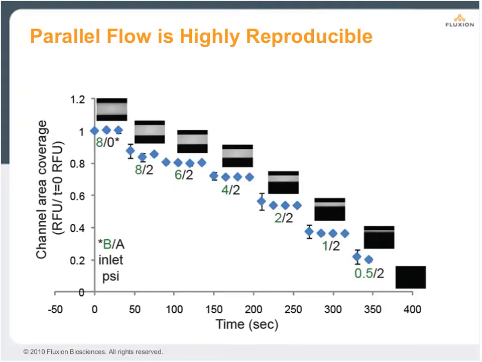We've done a lot of work to characterize this type of fluidic compartmentalization in the channels. In this case, we've done an experiment where we have loaded a fluorescent dye in one of the inlets and a non-fluorescent buffer into the other inlet, both of which have the same viscosity. So what we did then is vary the pressure on the inlet containing the non-fluorescent buffer, which is inlet B